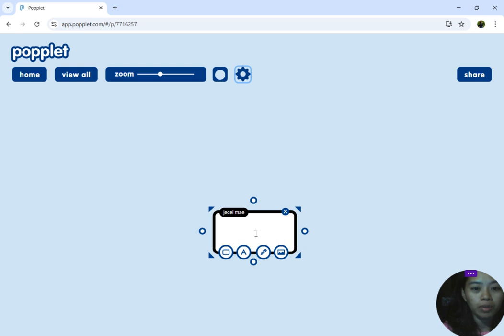Okay, so Padlet is a way in which it can enhance our language skills through the use of digital storytelling.